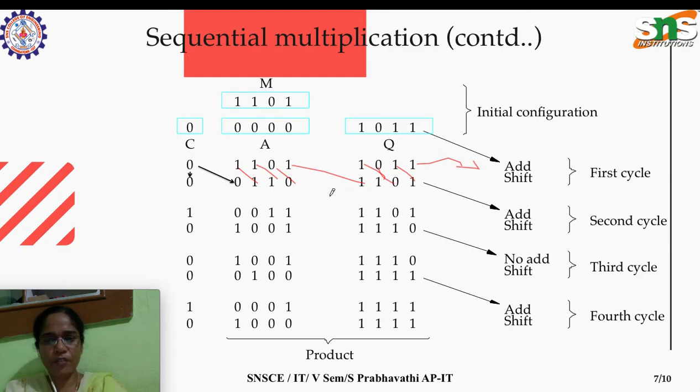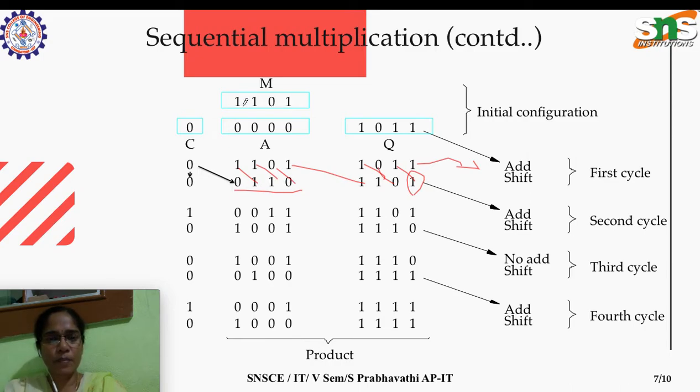This is the current stage of the registers: 1101 in the Q register, 0110 in the A register, and 0 in the C flip flop. Next, we look at the LSB of the multiplier for the second stage. It is 1, so the logic is to add the multiplicand to this partial product, which is in the A register right now, and then shift right.